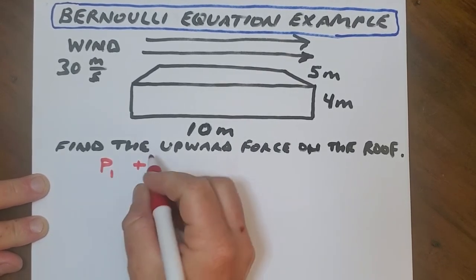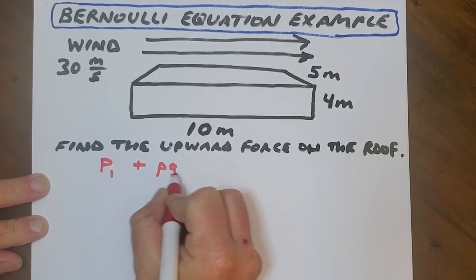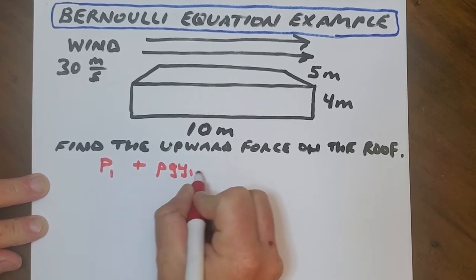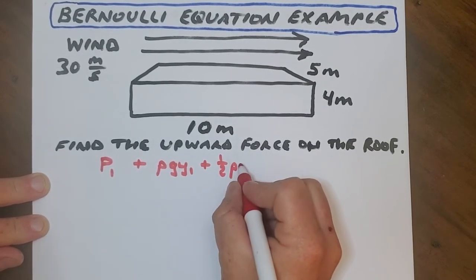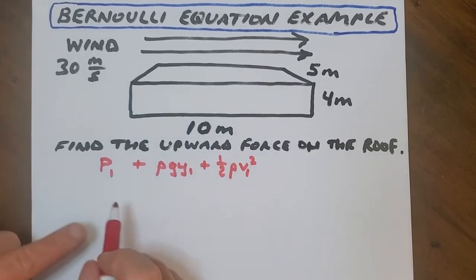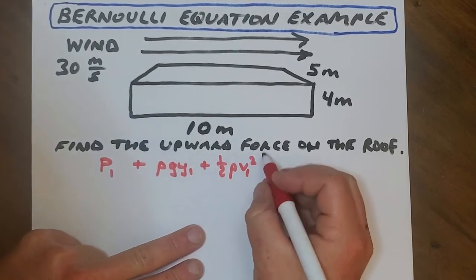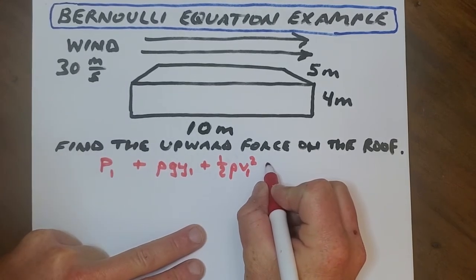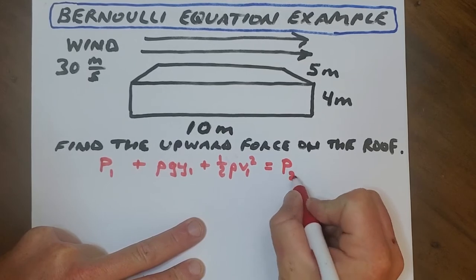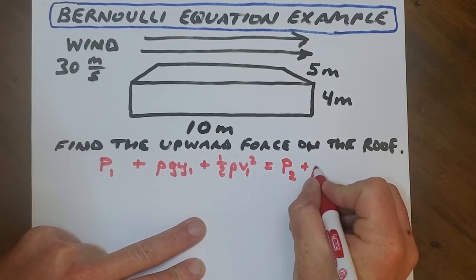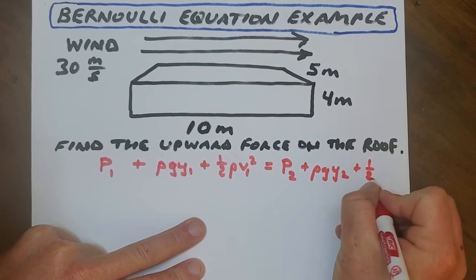So you have a pressure term plus rho g times the position y1 plus 1/2 rho v1 squared. The sum of these three terms at position 1 needs to equal the sum of those three terms at position 2: plus rho g y2 plus 1/2 rho